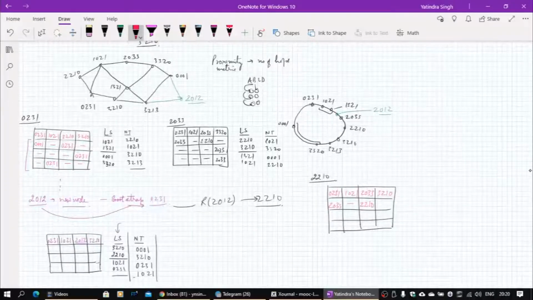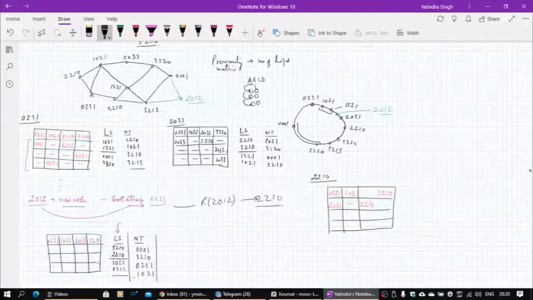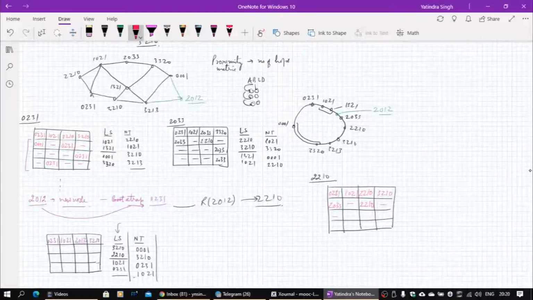Now I have to make sure that this 2033 cannot be kept. This has to be replaced by 2210, because that's the closest node to itself. So this needs a correction. And of course the last entry will be 23. There is nobody, and there is nobody, I think, with anybody else.